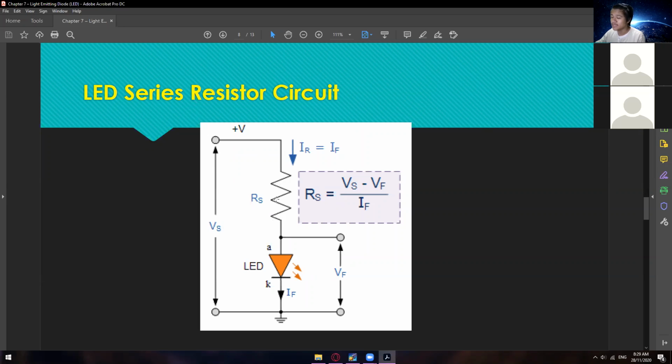So initially it already has a resistance, but it's only minimum, very minimal, which still requires an external resistor. That is why when it comes to LEDs, we still need to put an external resistor. Okay, so we have here